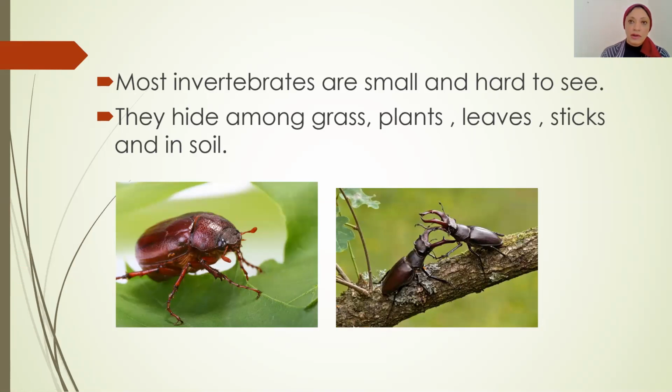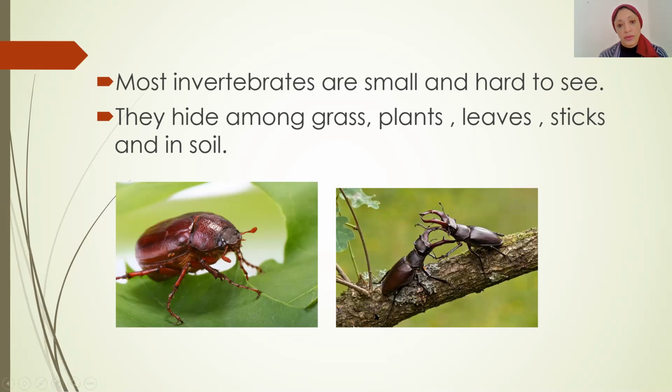Again, vertebrates are animals with an internal skeleton. Invertebrates are animals without any internal skeleton. Most of them, not all of them, are small and hard to see, and they hide among the grass, plants, leaves, and in the soil, as you can see in